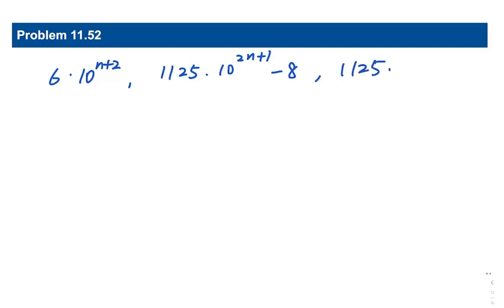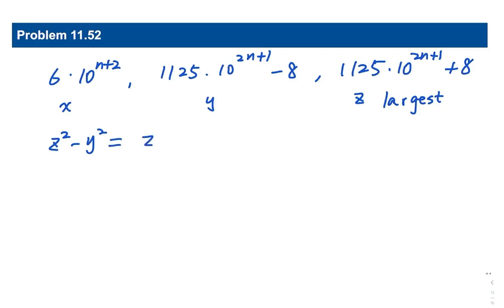1125 times 10 to the power 2n plus 1 plus 8. This is the largest number. Now let's call this x, y, and this one z. Then z squared minus y squared is what? Z minus y times z plus y. Z minus y, simple, 16. Z plus y is